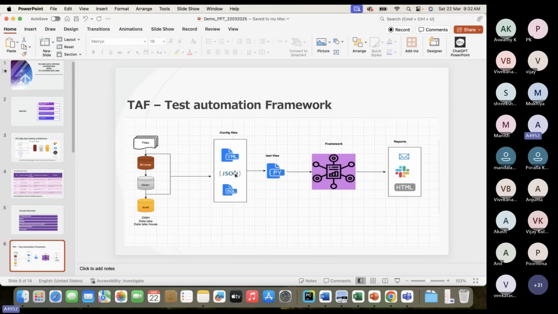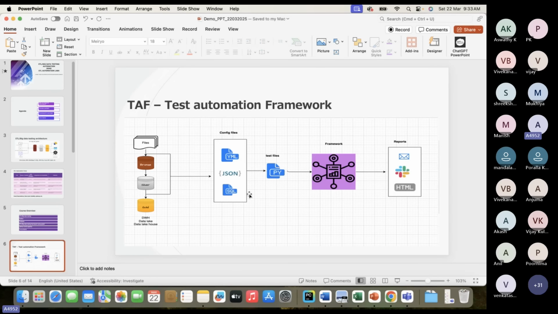Okay, so we will feed the schema information for your source file, and then we read the data. For that, we are using JSON files. Okay? And then you also see the SQL. SQL is necessary because when we do the ETL automation, we need to compare our source data and target data. Source will be in the raw format, so you need to apply some transformations. To apply the transformation, we use SQL files.